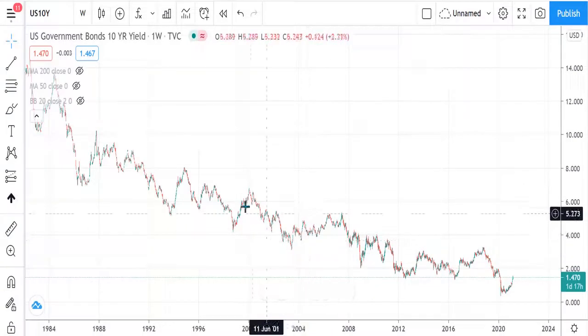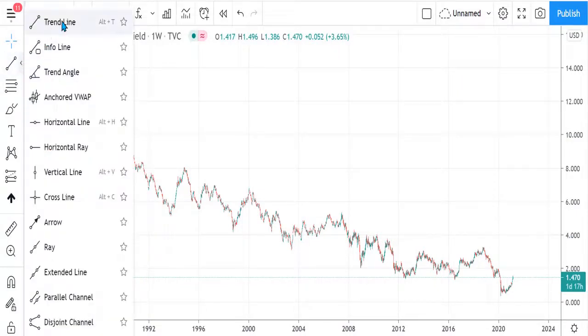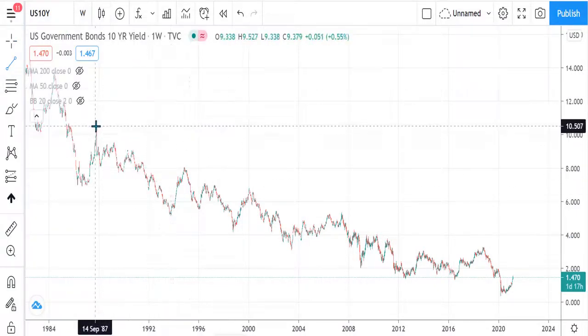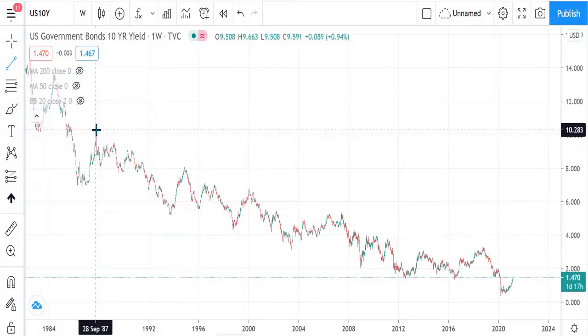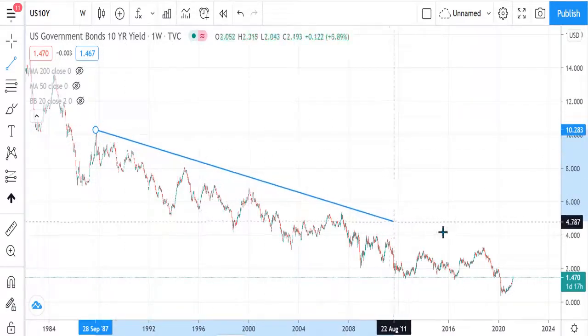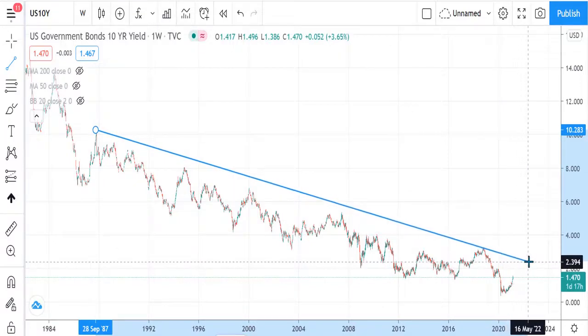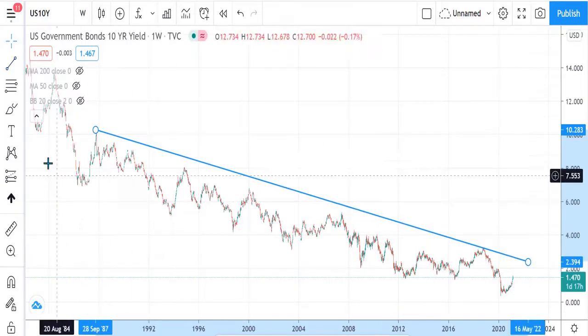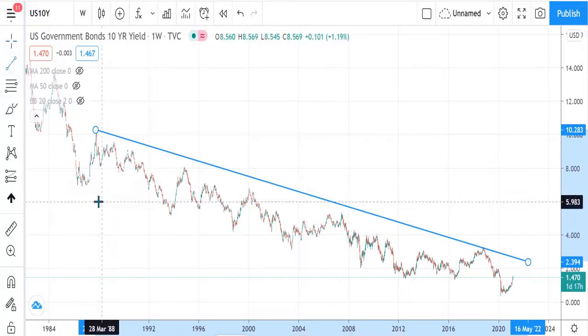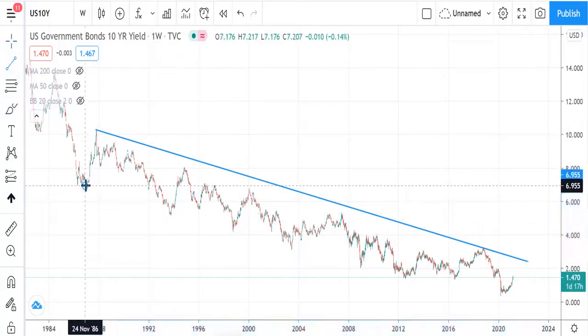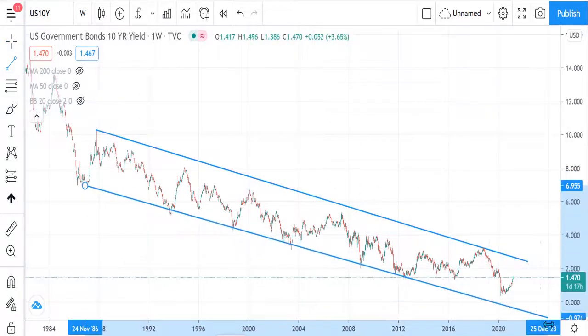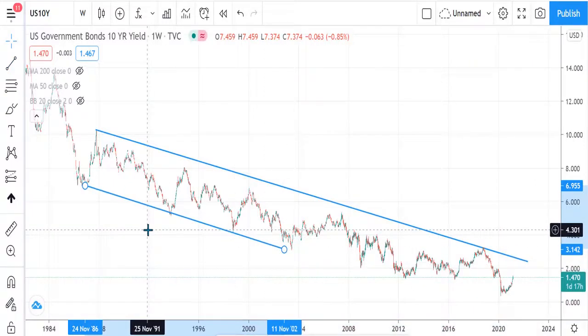Okay. Anyway, we'll try to draw the pattern. We'll take the trend line and try to connect the highs that it has achieved. We can see that these are the two highs that we have here. So that is the upper bound of the downtrend. Then let's look at the lower bound of the downtrend. We will try to connect these points. Okay, so I'll do a different one.